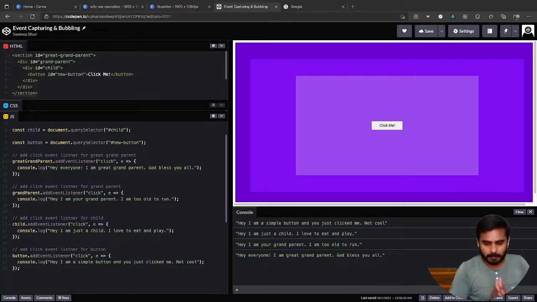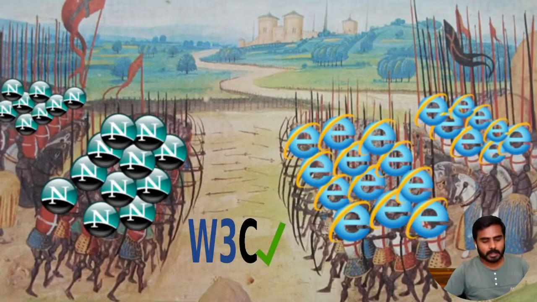So let's take a step backward and try to understand the history of web browsers. In the early days, when the web was a very new thing, there were two prominent players in the browser market. One was Netscape, which was the most popular one, and then there was Microsoft, which was trying to get market share by introducing its own browser, Internet Explorer. Since there was no regulation at that time, both the browsers implemented their own model to handle JavaScript events. So Netscape proposes that events should be handled in a way from top to bottom.